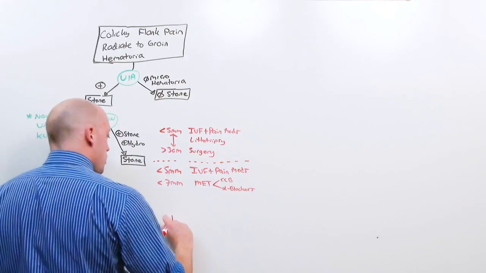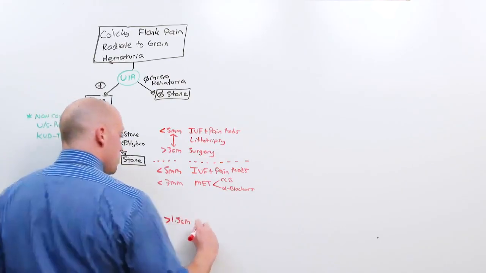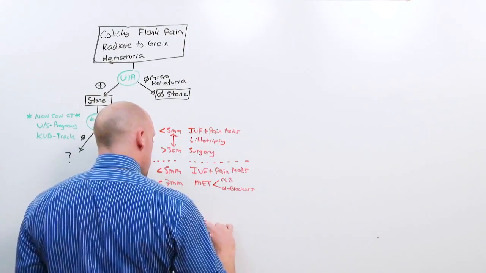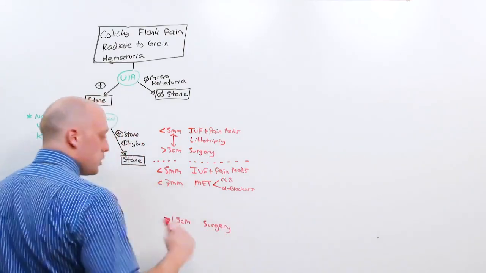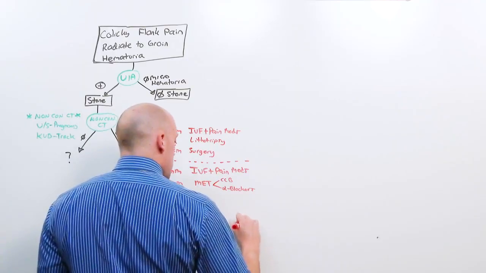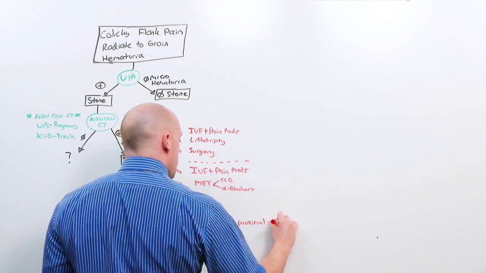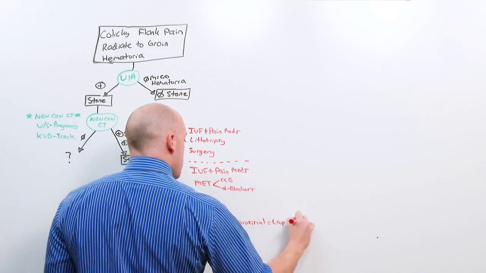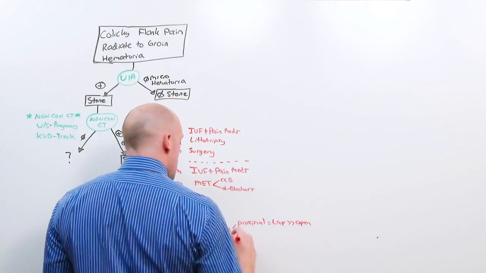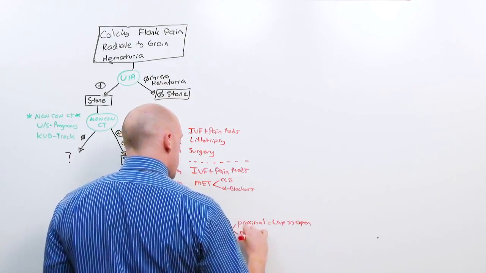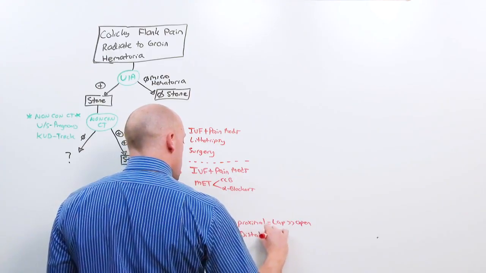If it's greater than 1.5 centimeters, it's too big and you're going to need surgery. The surgery generally goes like this. If it's proximal, you're actually going to need to cut them. This is a laparoscopic surgery used much more often than open. If it's distal, you can use PAN,